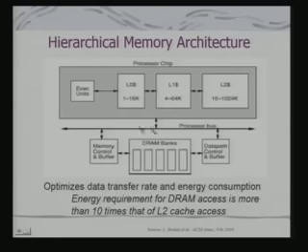Optimizing data transfer rate would imply that the capacity miss, which would be there if I just use a small 16K cache, the fastest and costliest memory, this other optimization happens in terms of cost, then that would be taken care of by L1 as well as by L2. Okay. And even when it is not really in L2, you will be accessing the DRAM banks. And energy requirement for DRAM access is more than 10 times that of L2 access. So, in effect what we are talking about is that we are optimizing energy utilization as well.